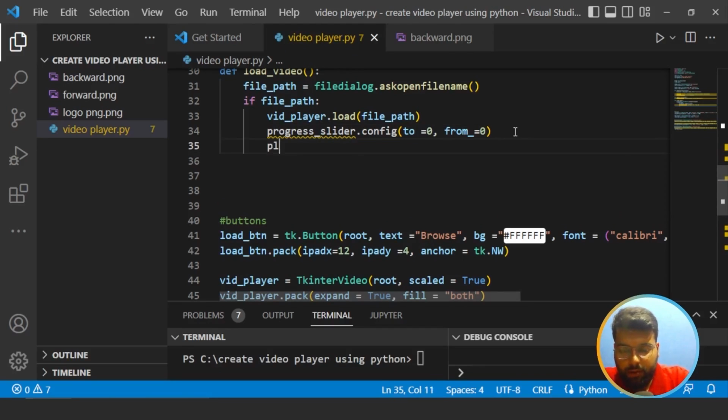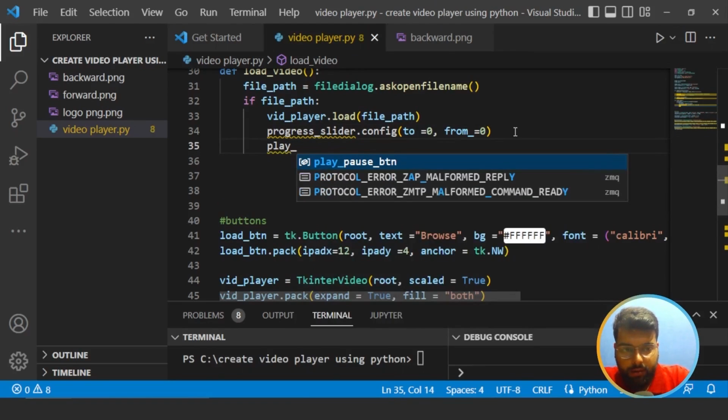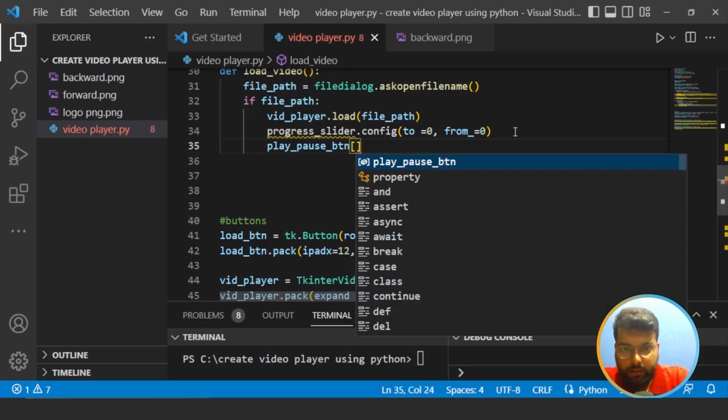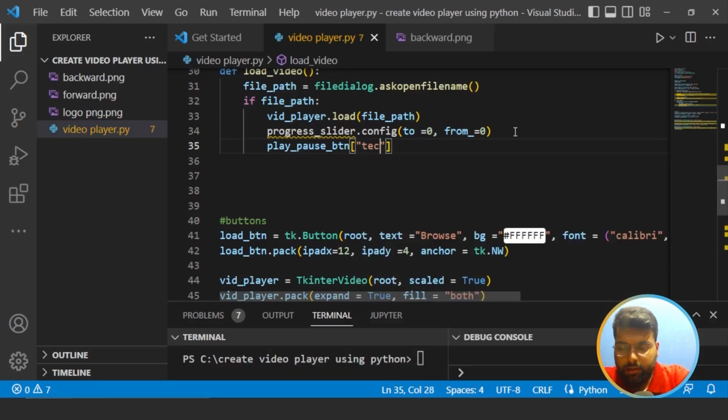For that, we'll write play_pause_button. That is the variable of the play pause button. And inside we would pass the text in the square brackets. That would be play